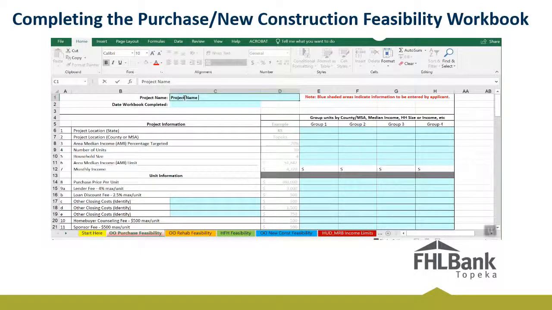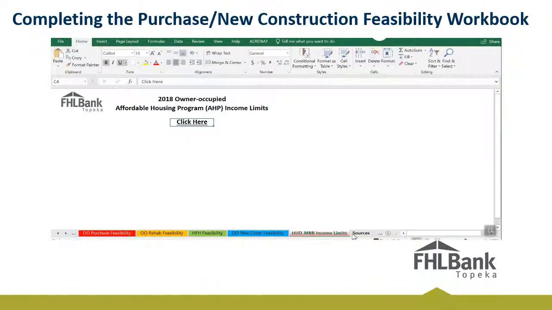You have 4 different options on how to group the units. If you have 100 units and all of them serve income less than 50% AMI and all in one geographical area, you would then only use the Group 1 column. However, if you have a mixture of areas, household sizes, and income, you might want to use the different grouping columns. Please note the number of units and targeting listed in these columns must match what was entered into AHP